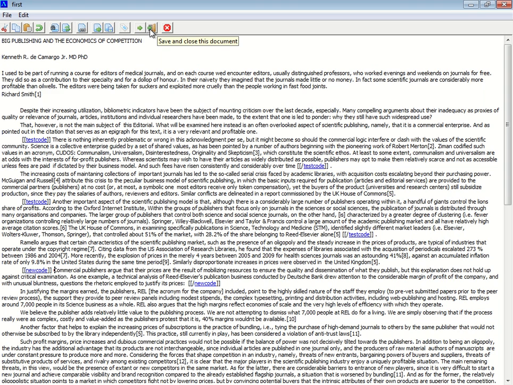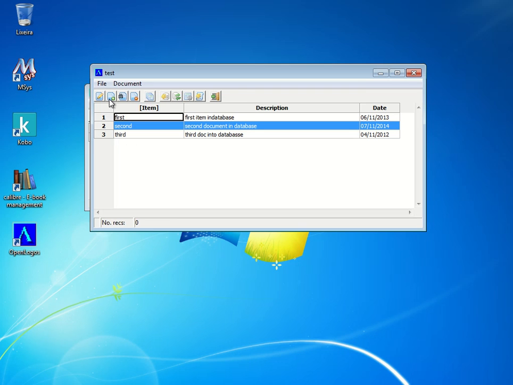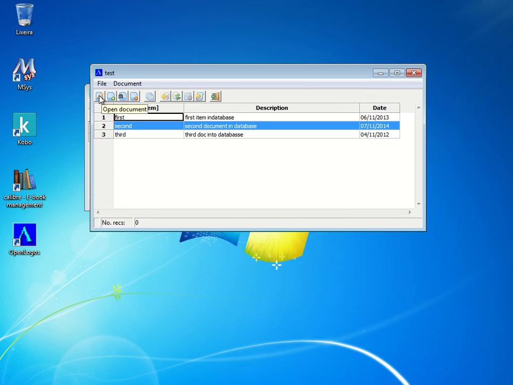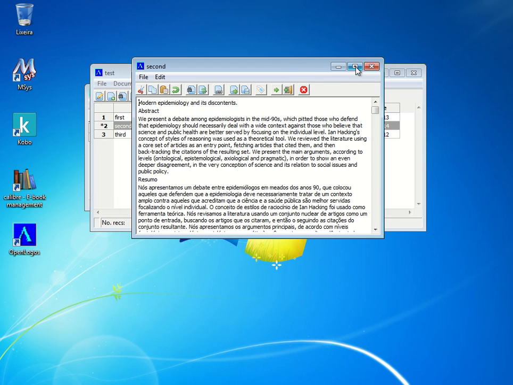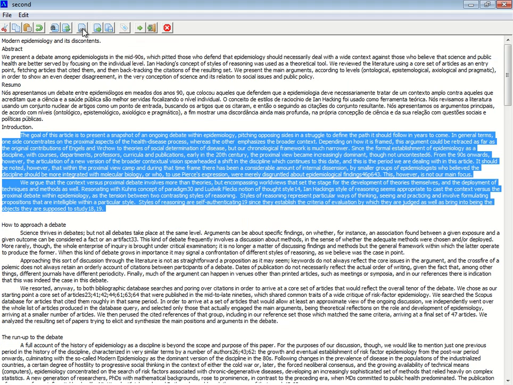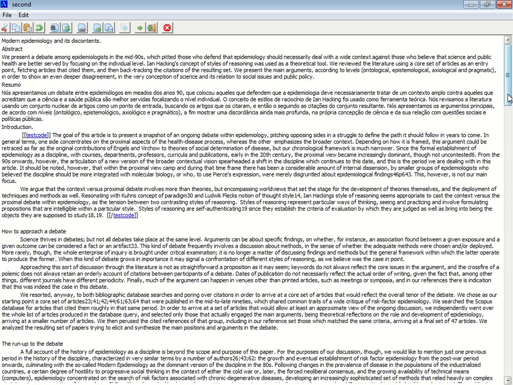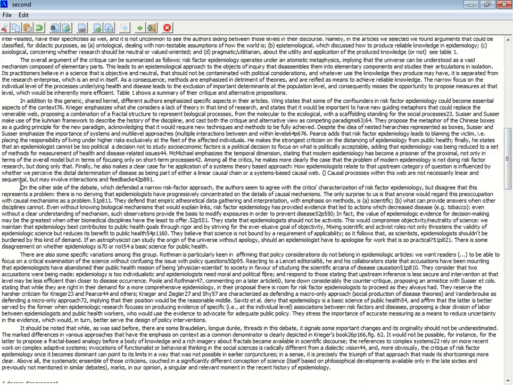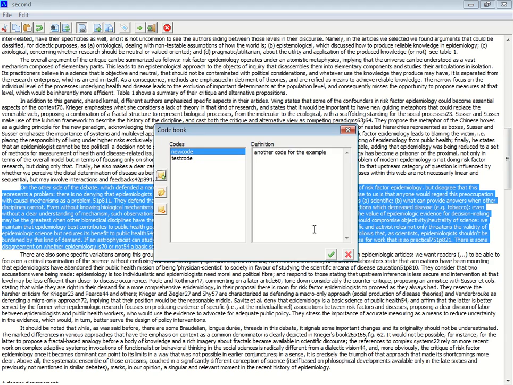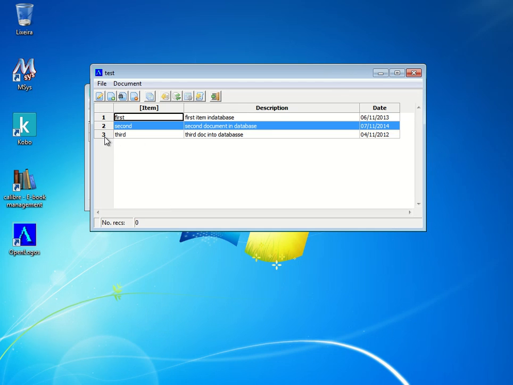When I'm finished with one document, I'll do this, and I'm going to do the same thing with the second document. Oh, sorry for that. Click on the wrong button. I'll do the same thing. I'm going to mark this one just for a change. I'm going to use test code first, and then I'll get here. Mark it with the first code, and finally